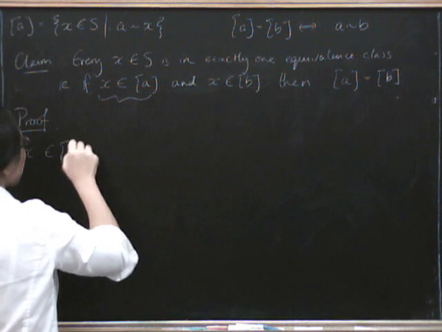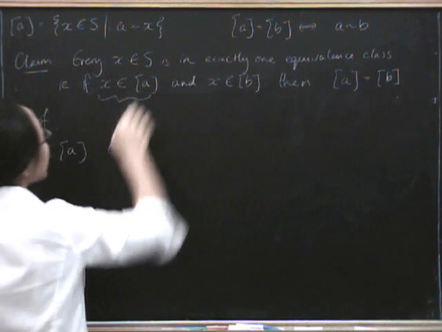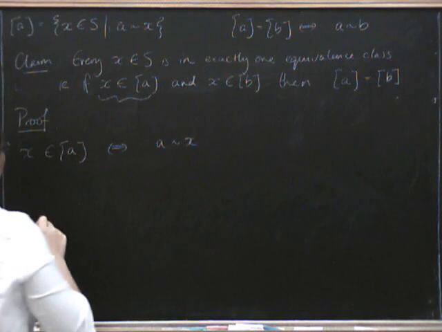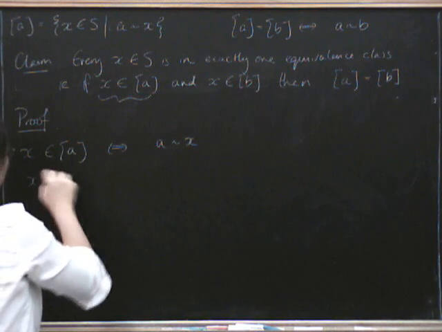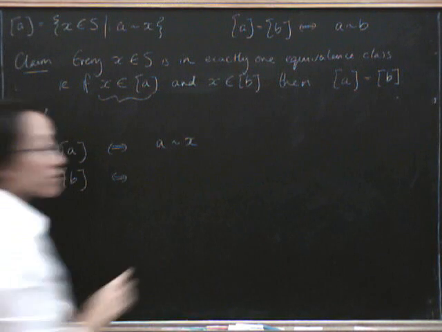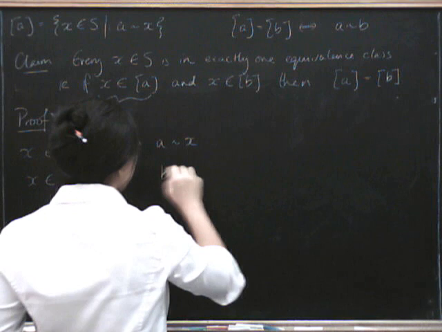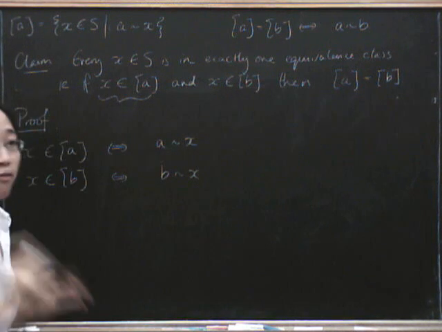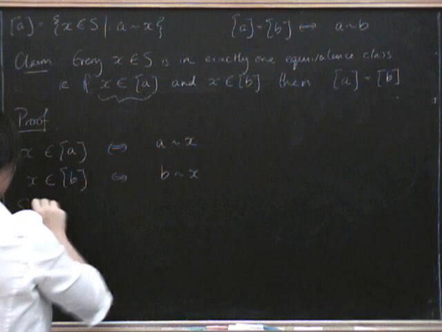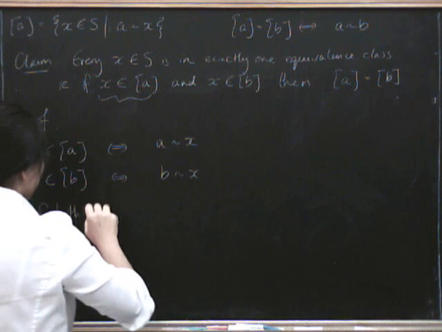X is in the equivalence class of A if and only if A is related to X, right? Now, what about X in the equivalence class of B? X is in the equivalence class of B if and only if B is related to X. So if both are true,